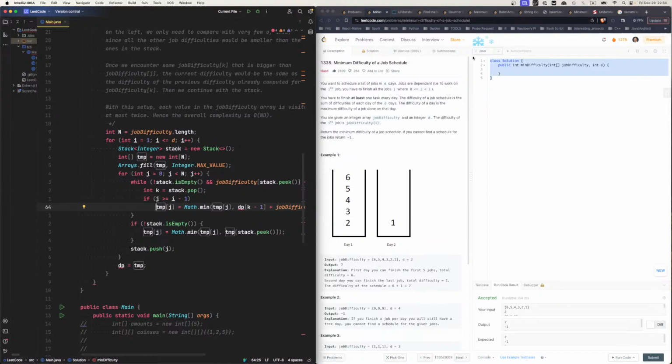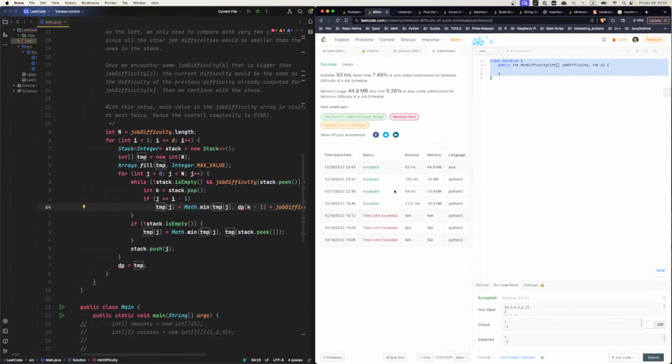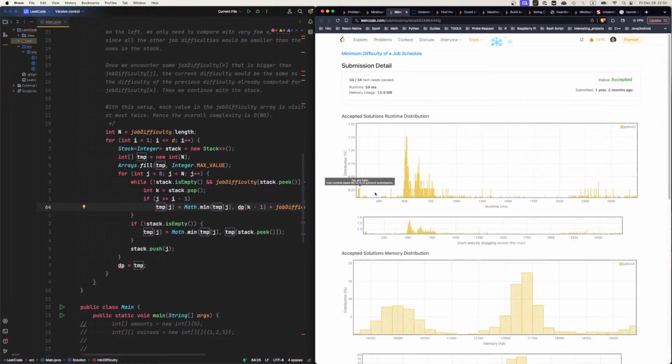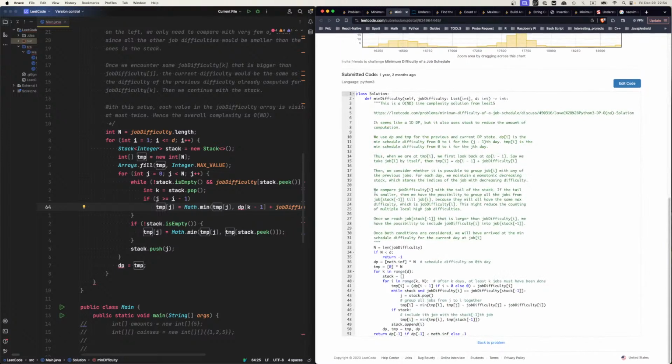Yeah, I don't know. This feels wrong. Let me see. DP temp. Okay, we have to stack every single time. What is K? K in range from K to N. Temp I equals dp i minus 1